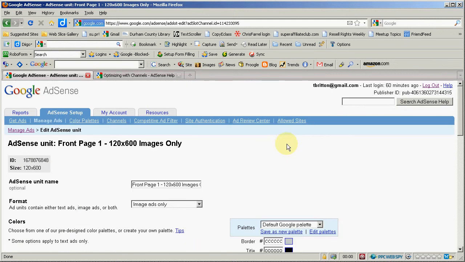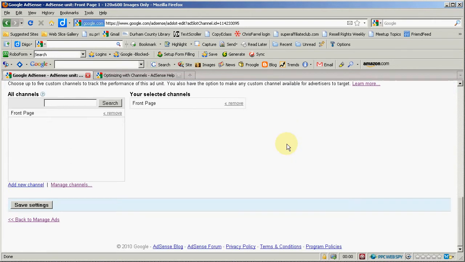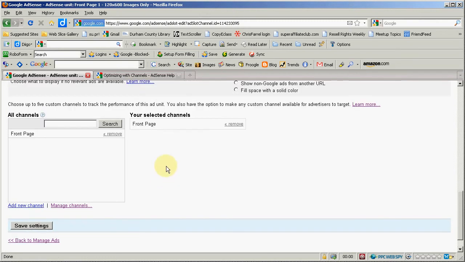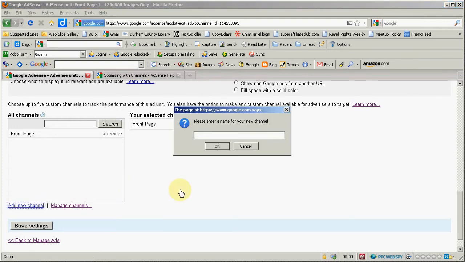One thing to really read about and give a good amount of thought to is this whole thing of channels and things that you can do with them. If you've assigned them very cleverly, you can really use them for your reporting to make your reporting very powerful and easy to see which types of ads are giving you the best results. For instance, I could create a channel that I call left center above fold,